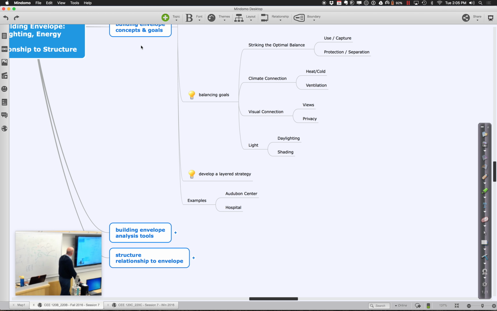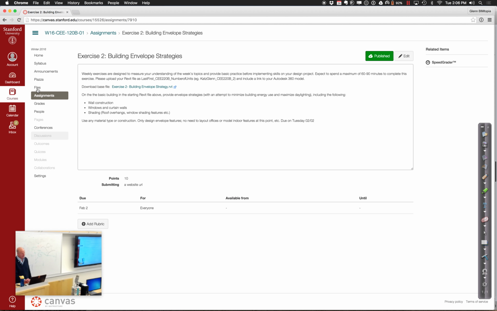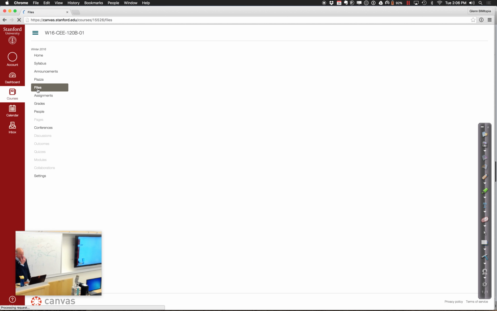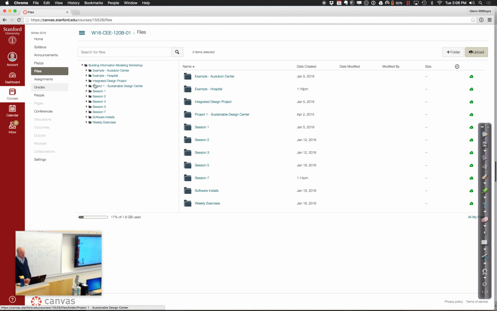In the Canvas folder, I've gone ahead and put a couple of different files out there for you of different Revit models that illustrate some interesting principles. There's the Audubon Center, which is that little bird watching kind of center. And that has a pretty well developed and interesting facade. There's also a whole hospital project. That's quite an interesting one. That also has an interesting facade designed with some sustainability considerations. And if you just go on out there and take a look at some of those,